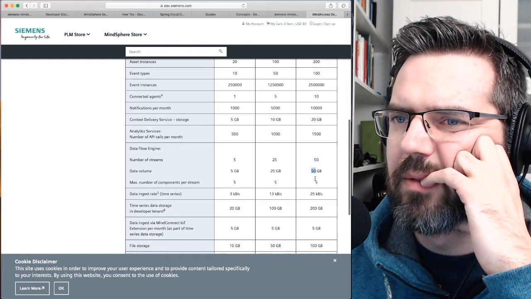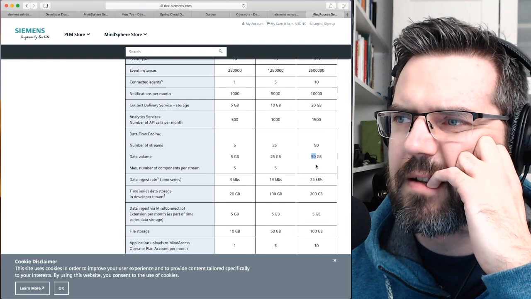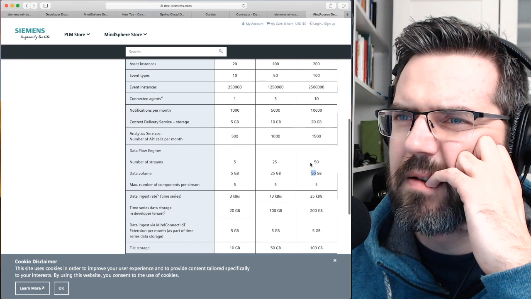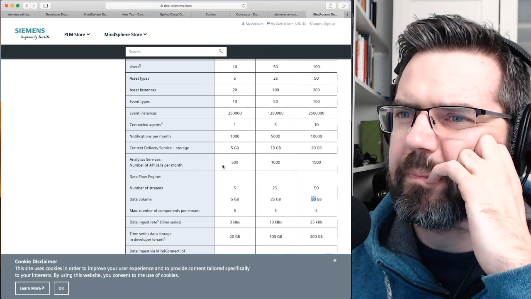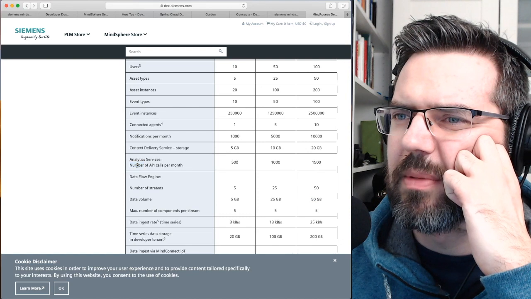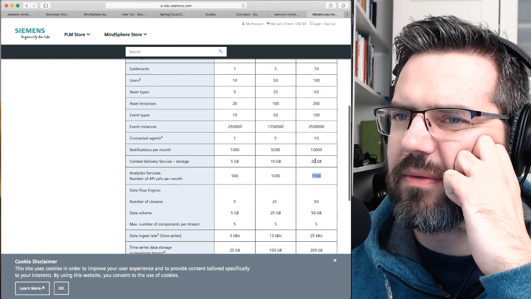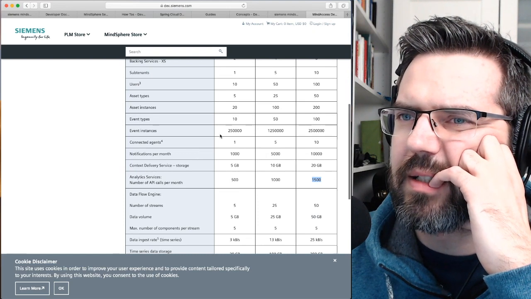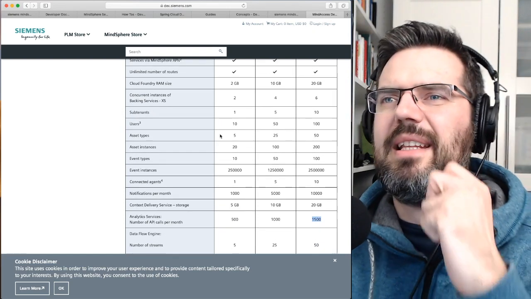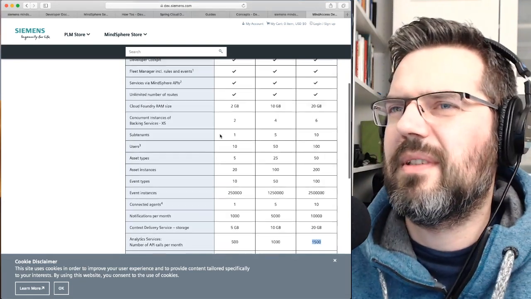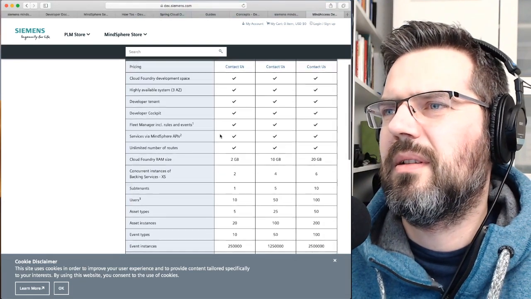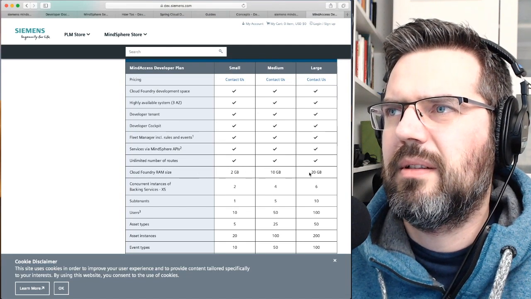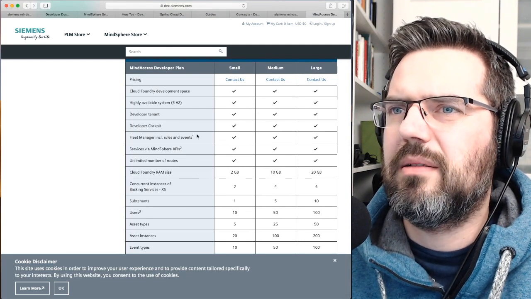Data volume 50 gigabyte. Number of API calls per month for the analytics service 1,500. Basically nothing. Context delivery, storage, connected agents. Forget this. This is garbage. No wonder they have no pricing here.